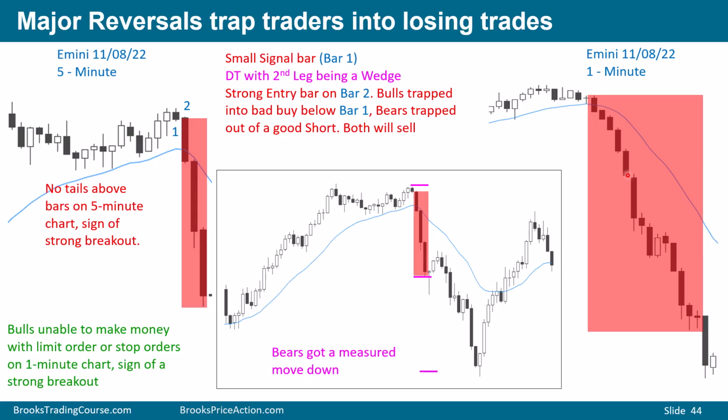And the bears, what's happening to the bears? The bears want to sell a pullback, but they're not getting filled. What that creates is desperation and momentum for traders to sell and get into the market. I remember this day because if you actually look back at this chart, the market was only going down a tick or two. It would go down a tick or 2 or 3, pull back a tick and go lower. It did not give traders the opportunity to enter on a pullback. It forced bulls and bears to chase the market down.